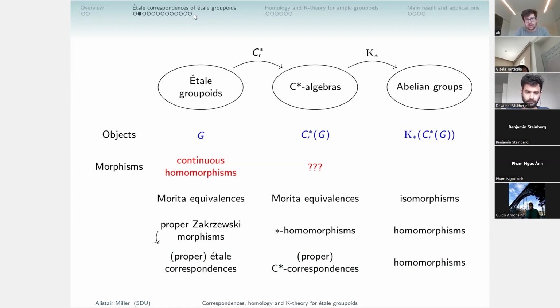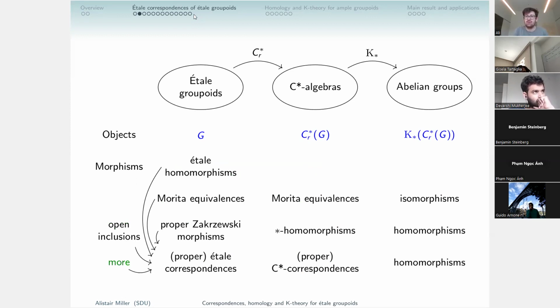So the point is we get Zakrzewski morphisms, we get Morita equivalences, but it turns out we can actually also get a lot of homomorphisms. We just have to ask this extra condition that they're étale, meaning that the homomorphism is itself a local homomorphism between the groupoids. So particularly we get open inclusions